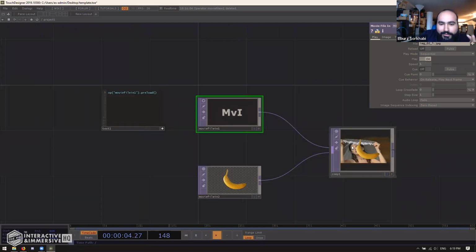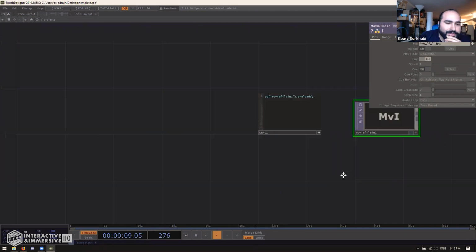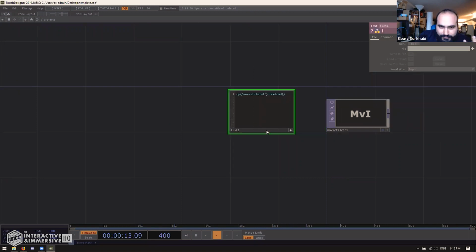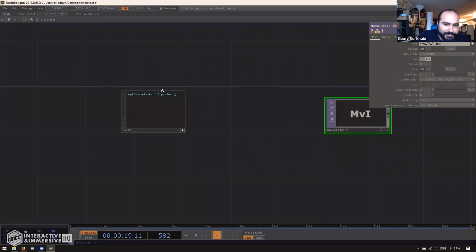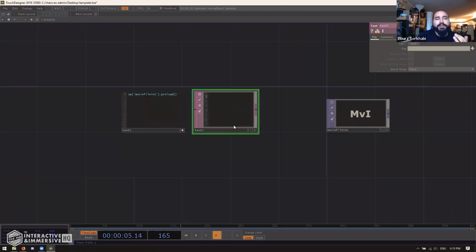So if we were going to build a bit of a media player around this, there's a bunch of things that I normally build around it. First is just my preload script, which is usually just the movie file in plus preload. Then what I'll do is I'll make another script for unloading. And unloading is an interesting thing that we can do because when you think about the memory on the GPU,